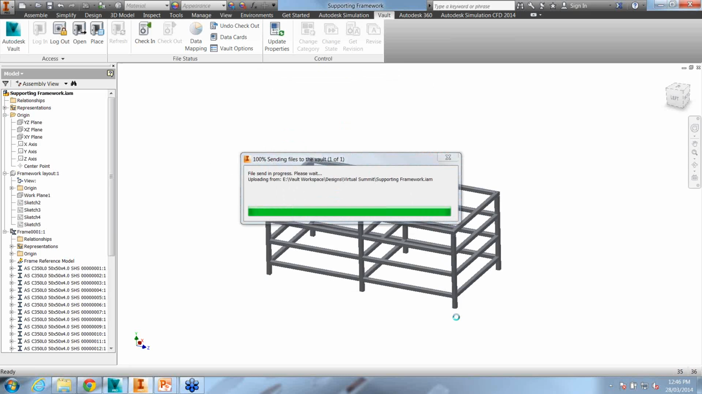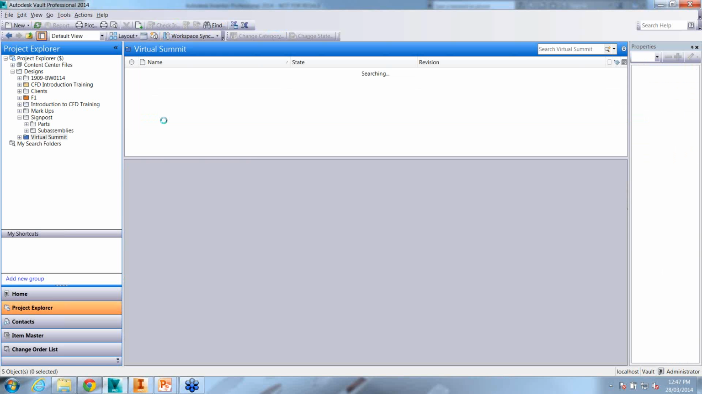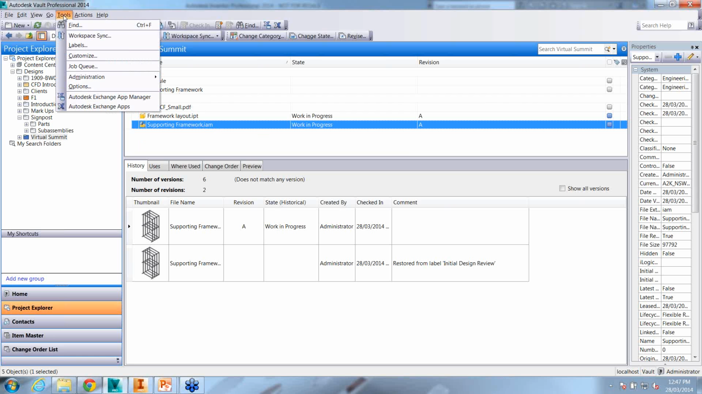And yes again. So when I go back in here, we'll refresh. It's checked in, and let's say this is a point in time, as I said, like an initial design review. We're working with our client. They said yes, they're happy with the initial model, and we want to save everything in this folder to this particular version. So the way we do that is we go up to Tools and we click on Labels,